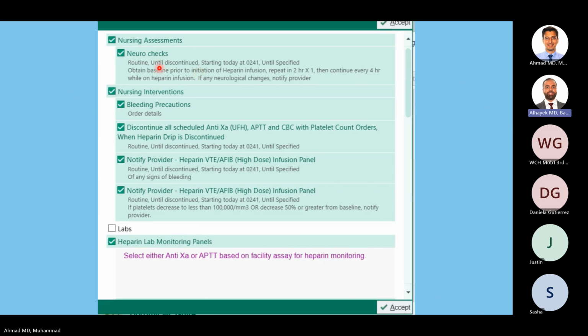So they're going to do neuro checks on the patient. They're going to take bleeding precautions for the patient as well. And then they'll notify you also if anything abnormal is taking place. So you make sure that all these boxes are checked. This is appropriate. And then going down this order set,